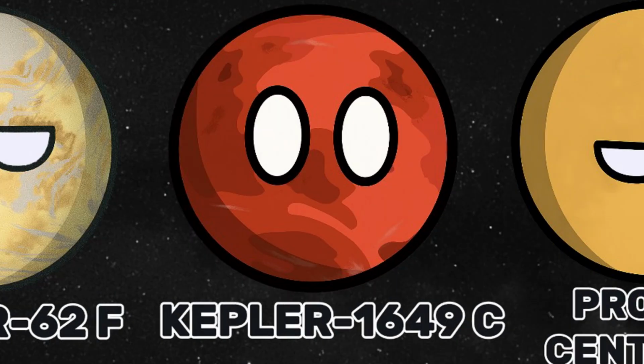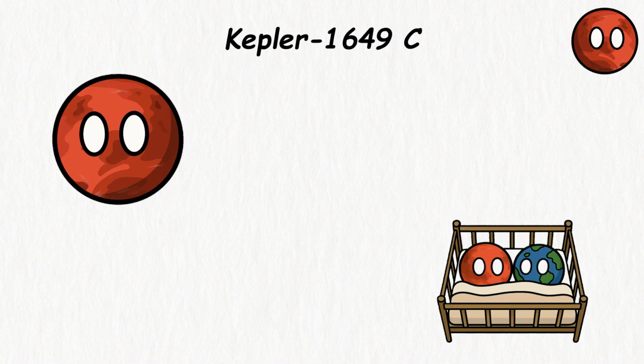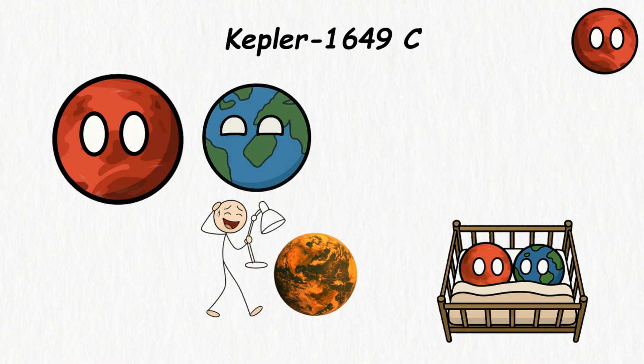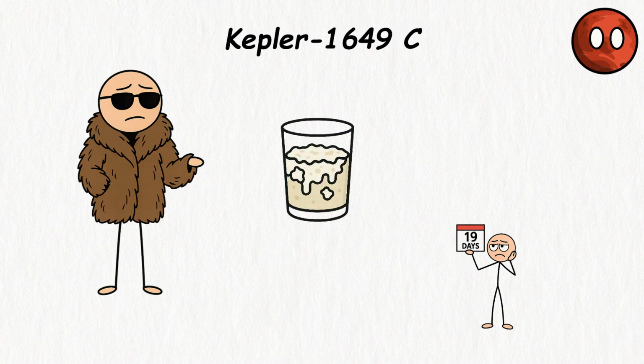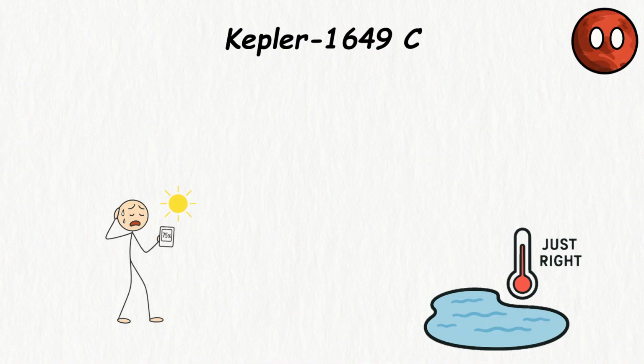Kepler 1649c. Kepler 1649c is the closest thing we've found to Earth's twin if Earth lived under mood lighting and rushed through the calendar. It's nearly the same size, just 6% bigger, and it orbits smack in its red dwarf star's habitable zone. A full year here lasts only 19.5 days, so you'd be aging like milk, but in style. It gets about 75% of the sunlight Earth does, meaning temperatures might be just right for liquid water, assuming it